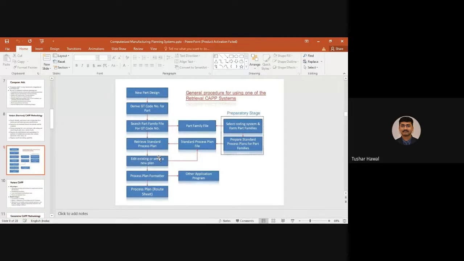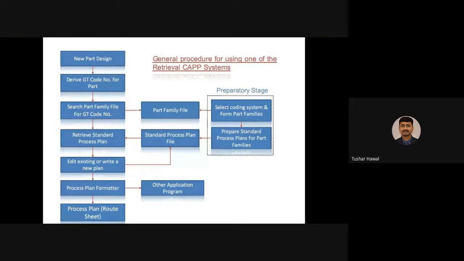We can just quickly go through this flow chart and we can discuss. A very important flow chart. As I said again, most of the times you'll find questions in the final exam based on either this or the other methodology. We can quickly go through the entire flow chart, then we will discuss one by one.